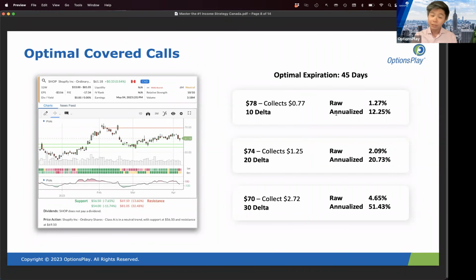So whenever you have a stock that you own, in order to sell a covered call, there are two things you have to pick. You have to pick an expiration date and you have to pick a strike price. And if you've ever pulled up an options chain, you know that there are hundreds, sometimes thousands, of potential choices, and that can be quite overwhelming to figure out exactly where you want to sell your covered call.